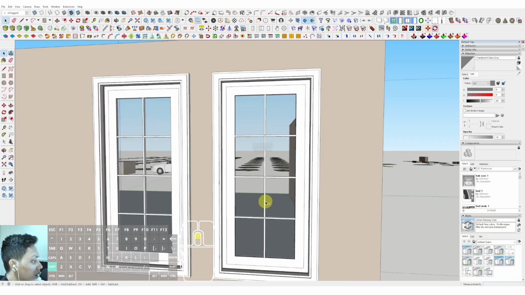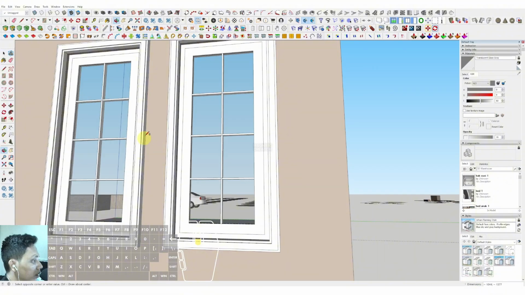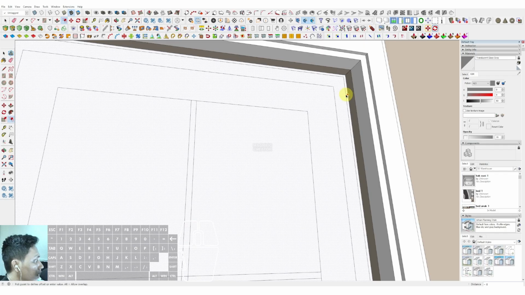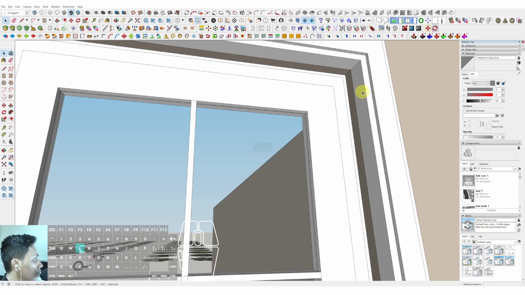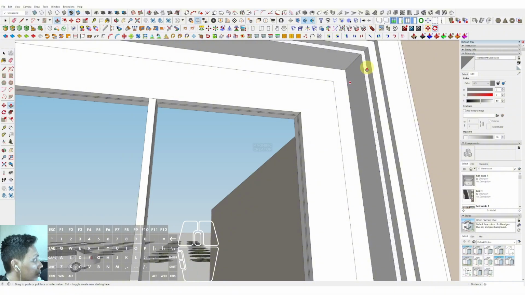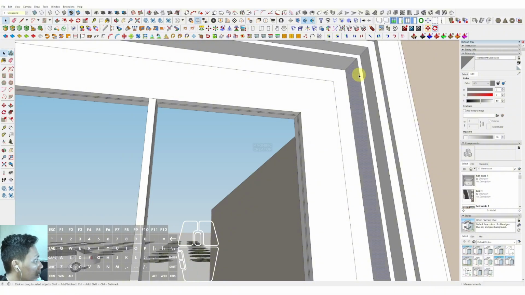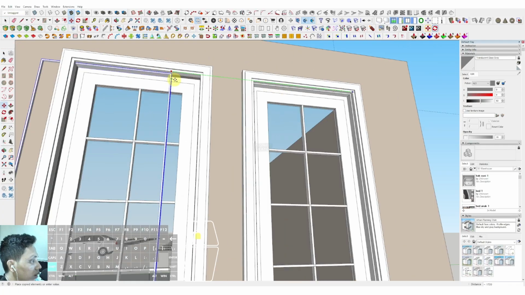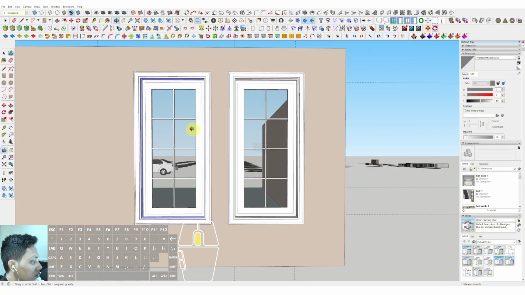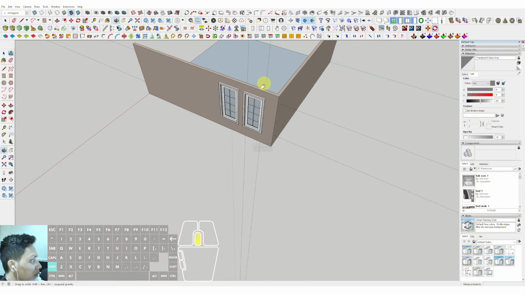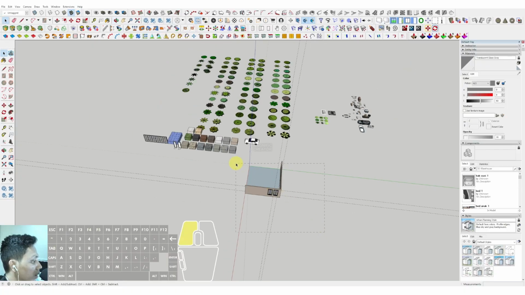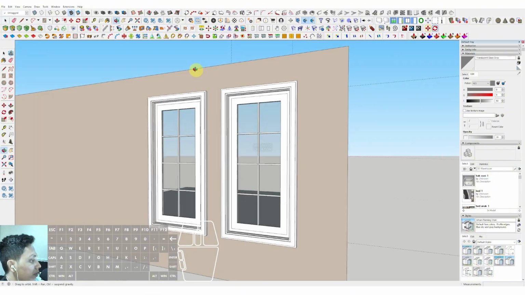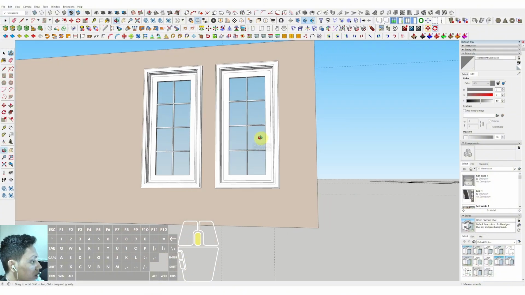Then we can make another element. We can select and offset it inside around 10 millimeter, erase the center plane and place it in position. Then we can type 50 millimeter and make group. Then we can select move, tap control, and place it in position, so we can get the result like that. We have to move it to an appropriate place to make a better visualization. Okay, so this is about the